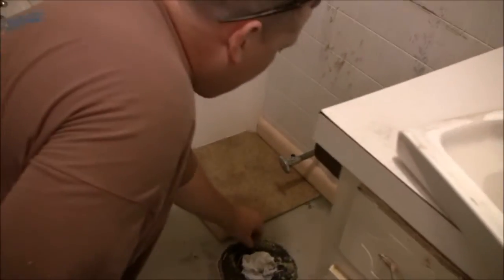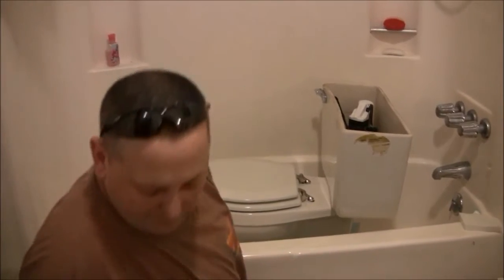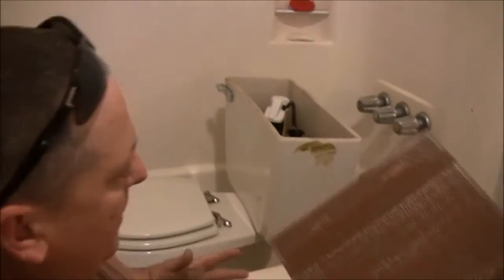Now that I've got that piece in place, I can use the dimensions of the tile to determine what the next piece is going to look like, and not have a bunch of mud on the back of it when I'm cutting. These are also directional tiles, so you have to look at them, and if you look real closely,